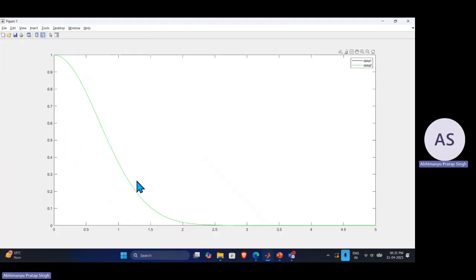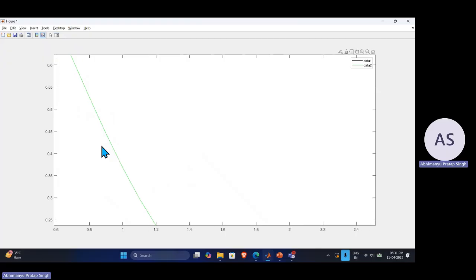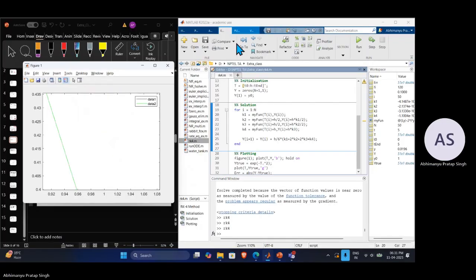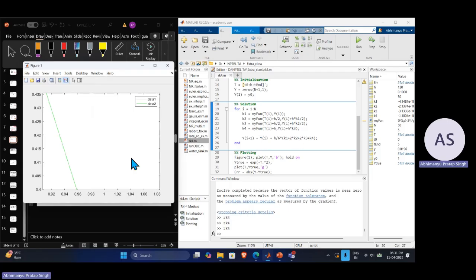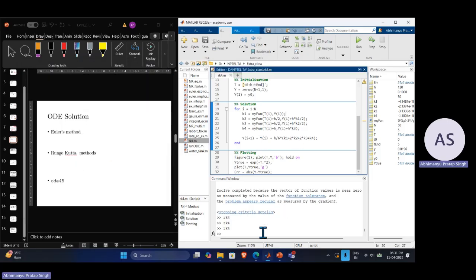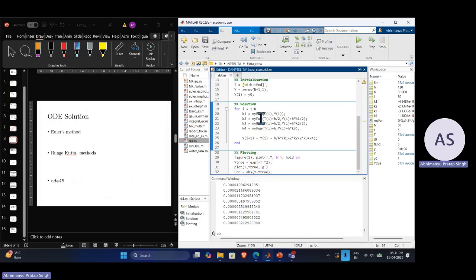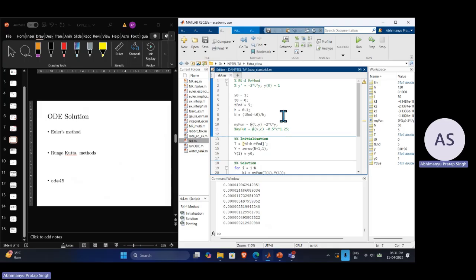RK4 is very good at solving these ODE problems. We cannot even find a difference between the values. Also, if we check the error, you can see that the error is very small. It's on the order of 10 to the power minus 5. Even if I use a not large